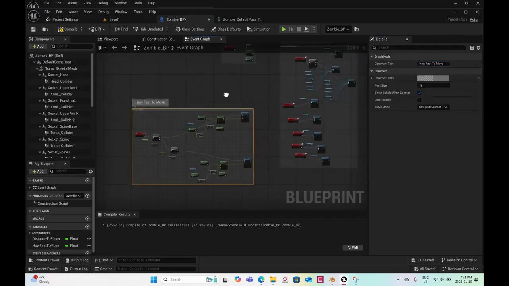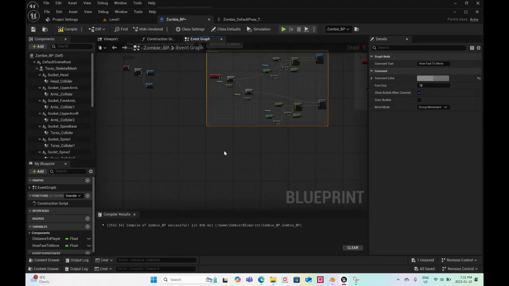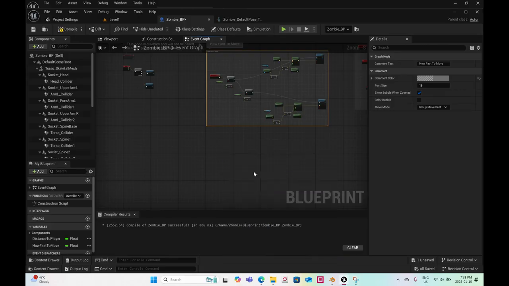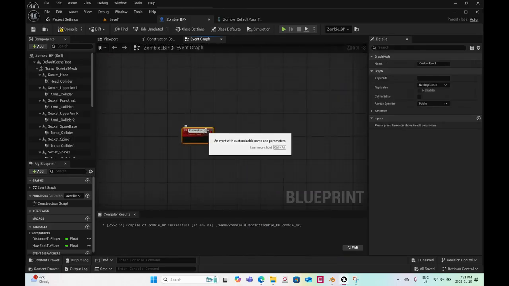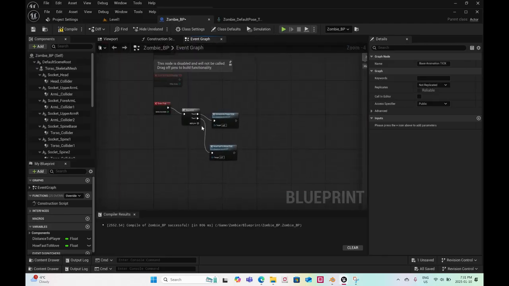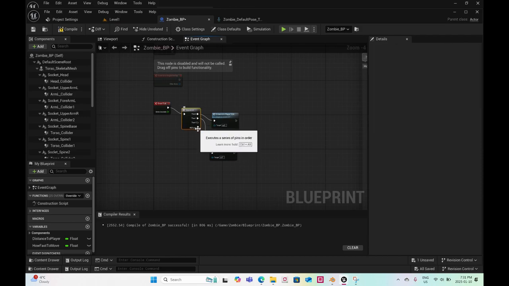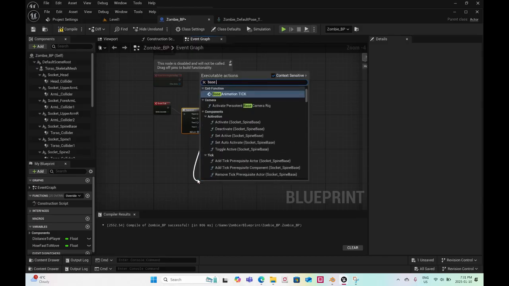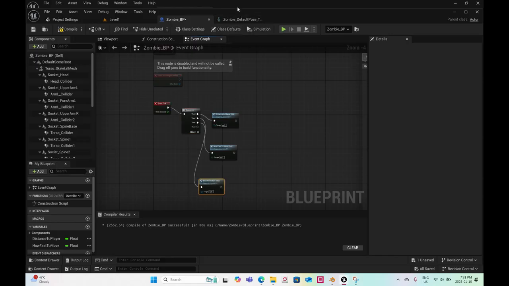And I'm going to create another custom event called base animation tick, and I'll call that up in the event tick, so it's constantly fired. Base animation tick. Okay, so